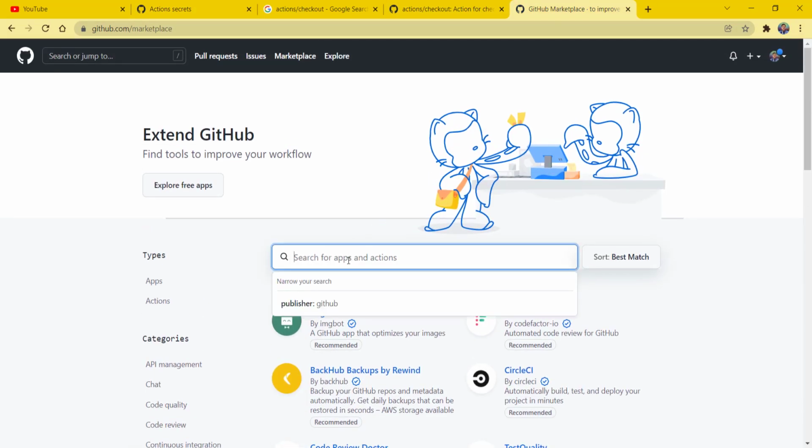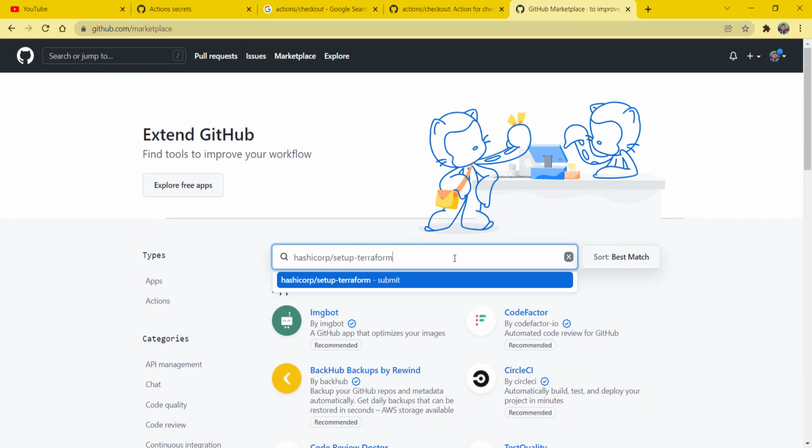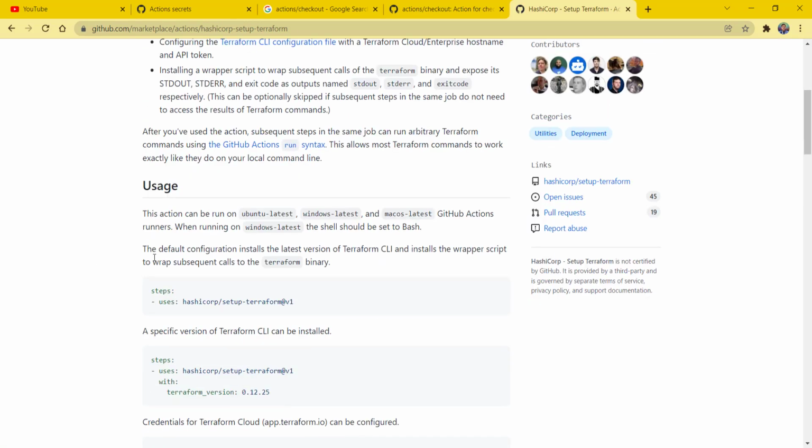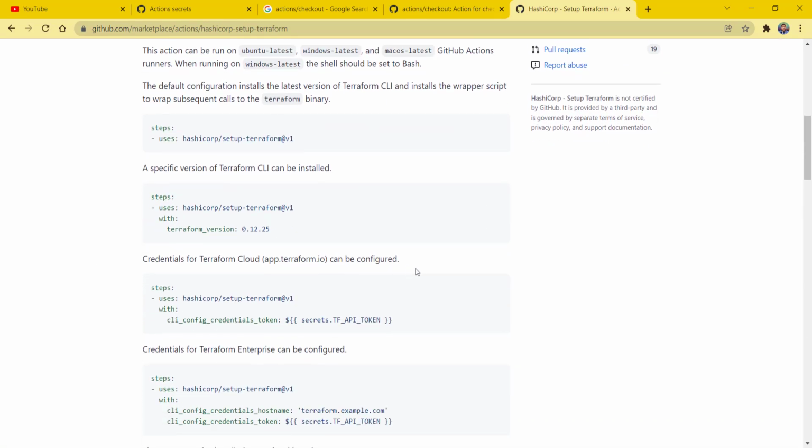So I could go and check. So that's the Terraform setup. I'm browsing it here on the marketplace. It is by HashiCorp and it has been verified. I'll go ahead and browse it here and see what the different options available are. As I said, I could override the Terraform version in case my project is using a specific Terraform version and my code is written with that particular version, so I would like to override with that. Okay, so that's the parameter which I can use.